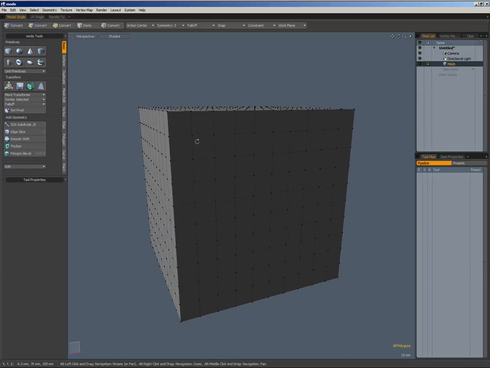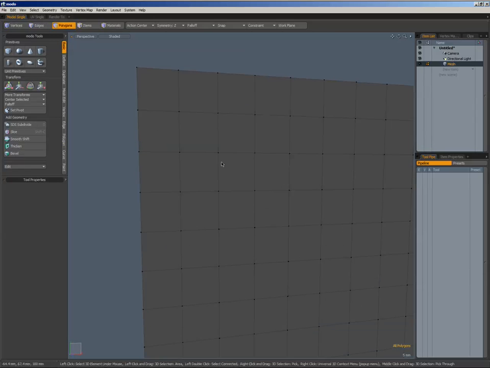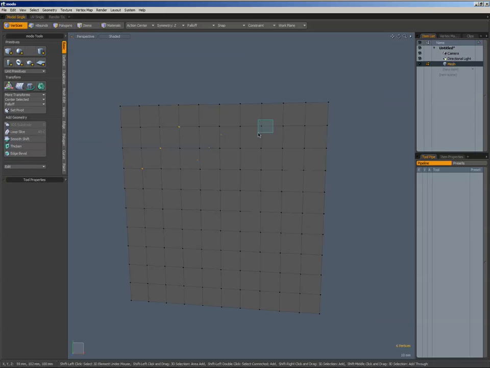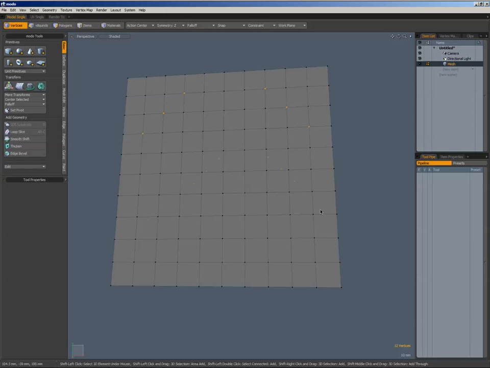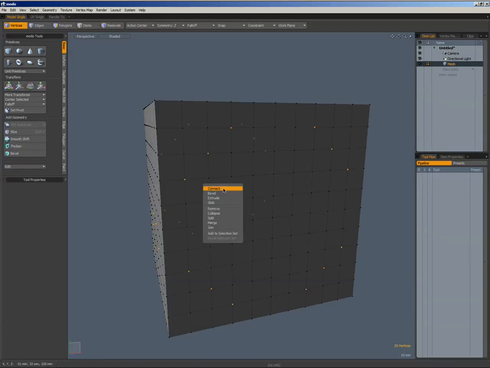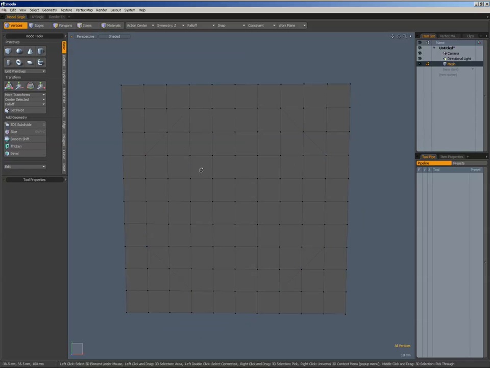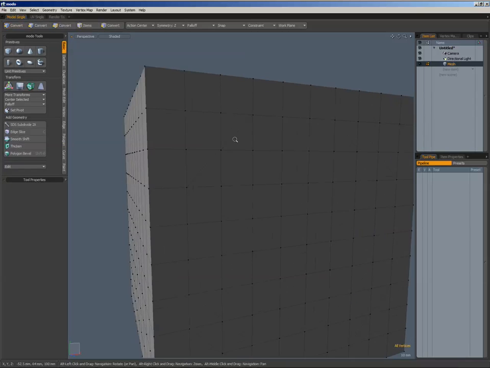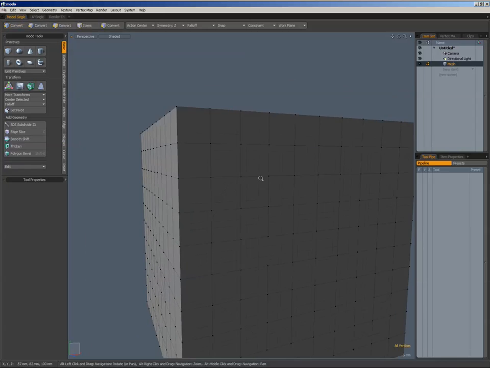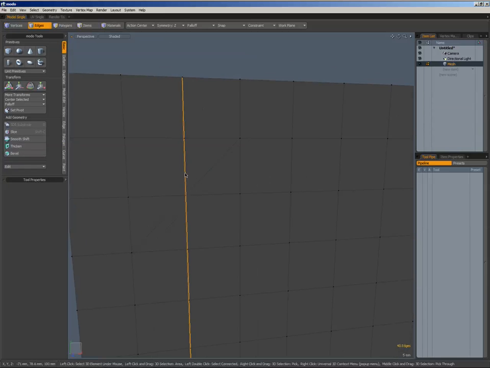Okay, in today's lesson, I'm going to teach you how to model the same cube, but faster this time. Start off by selecting the same vertices, and on the side also, and then connecting them again. Once we have that, next step would be to get rid of some unwanted vertices here,